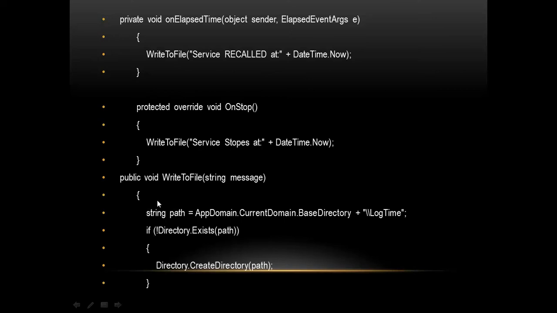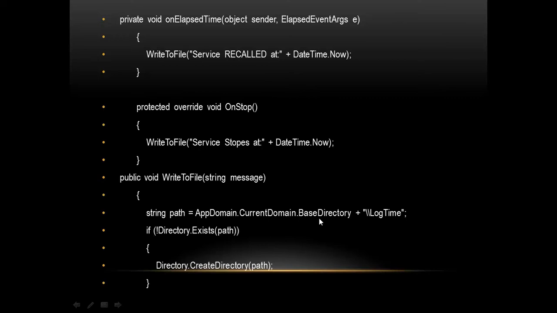Now you can observe the logic here. public void WriteToFile(string message). I will be passing the message here. For example, above, the service stops at DateTime.Now will be passed here. And the path is the current base directory. AppDomain.CurrentDomain.BaseDirectory is the current bin directory of your application.